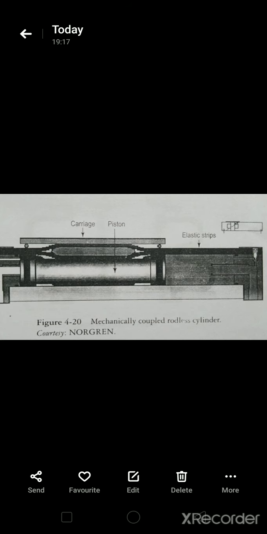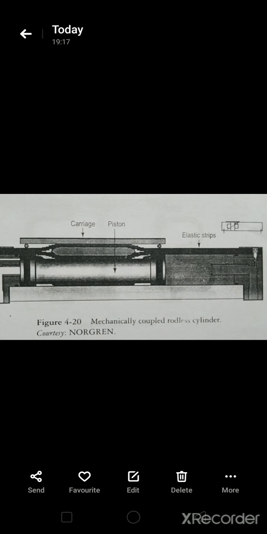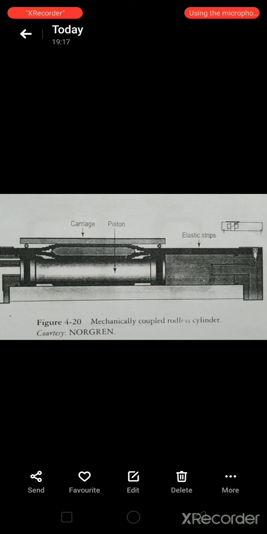The piston in the rodless cylinder can move freely in the barrel as in the conventional cylinder when the compressed air is applied. As there is no piston rod in this cylinder, there is no positive external connection or extension. Hence, for power transmission, the piston is to be coupled magnetically or mechanically to a carriage as in a rodless cylinder with